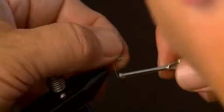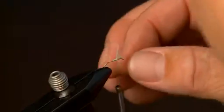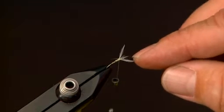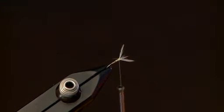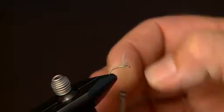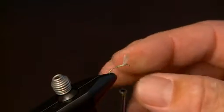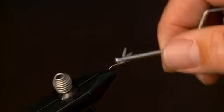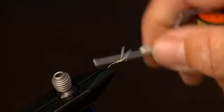So one down, then I'm going to bring this back up and through the middle on the other side, so that if I turn the fly right there, you see how we've now crisscrossed the thread in between, that splays those tips out so that the wings are positioned properly. And now that we've done that, I kind of want them standing up a little bit more. There we go. Then I'm going to come back towards the bend of the hook,